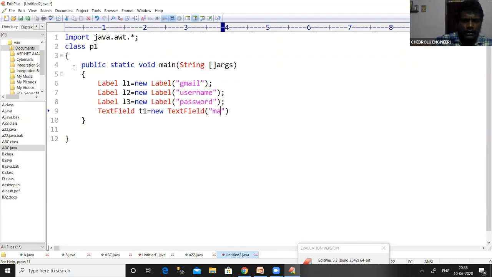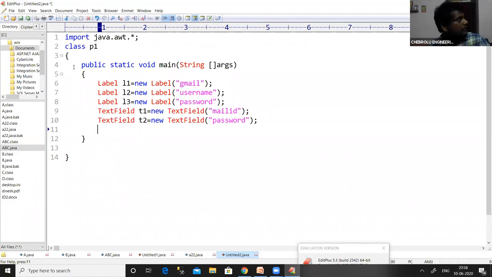So we want to ask the user to enter the mail ID, and then we have to give the user some space in order to enter his password. So TextField T2 equal to new TextField of password.